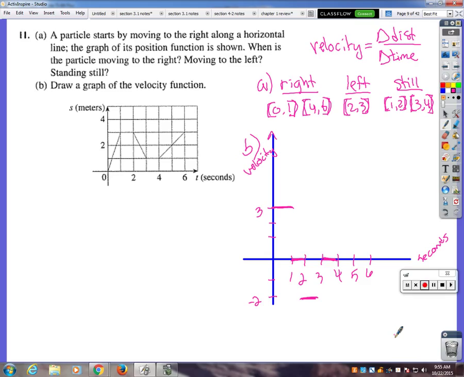What is the velocity from t equals 4 to t equals 6? It's 1. That means you get a negative 1. So yes, this is a step function, because velocity doesn't change like that. It has to slow down and all that kind of stuff. But they're just trying to get you to see the change, because the slope of the graph